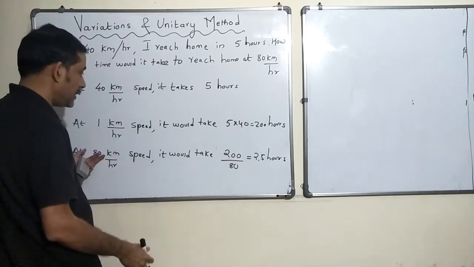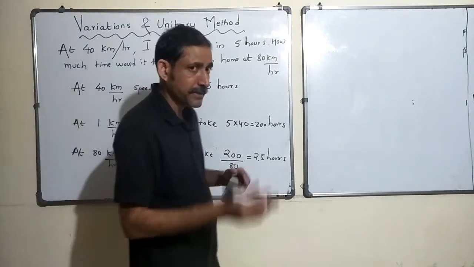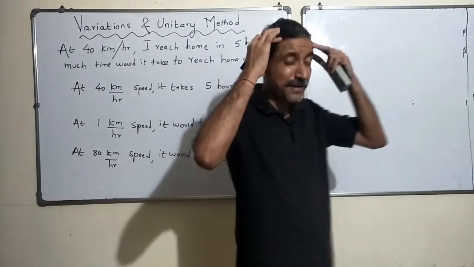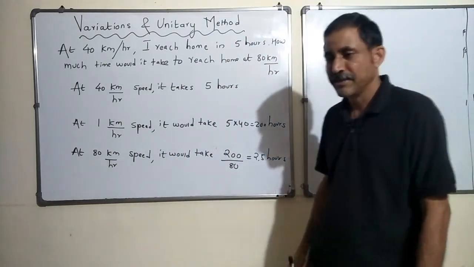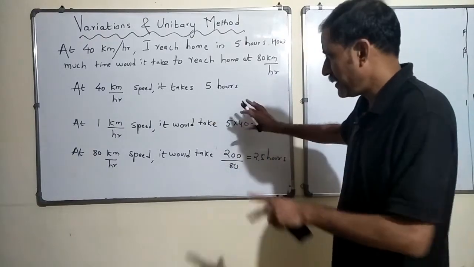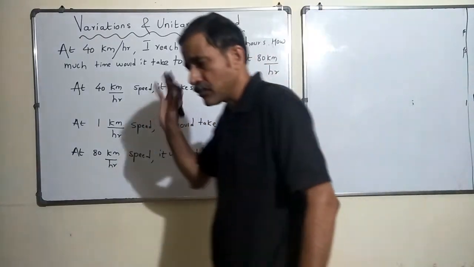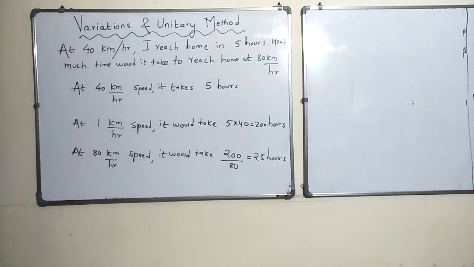In that case, if you are multiplying here, you will have to divide it here. Inverse variation, right? That should be there in your mind somewhere, correct? So this is how you get it, and you will be able to understand. I need not explain further, but I guess you got the point. Great.